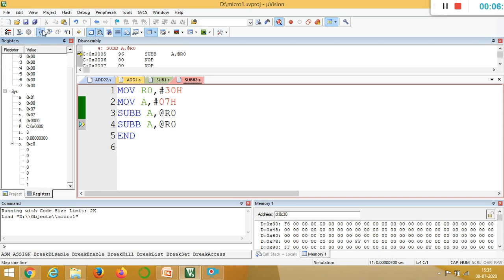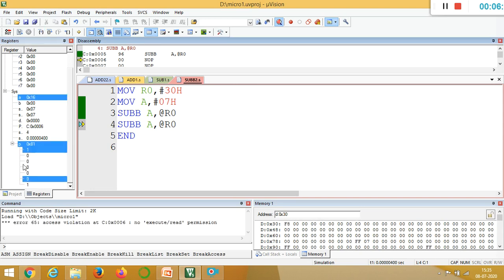So now once I execute, the final result is 16, and you can see the parity is set because you are getting an odd number of ones and so on. So like that, by default initially the carry bit will be 0, and when you go on choosing the numbers where the first number is less than the second number, you are going to generate the carry, and when you do the second time subtraction, that carry is going to be taken. Okay. So this is subtraction.